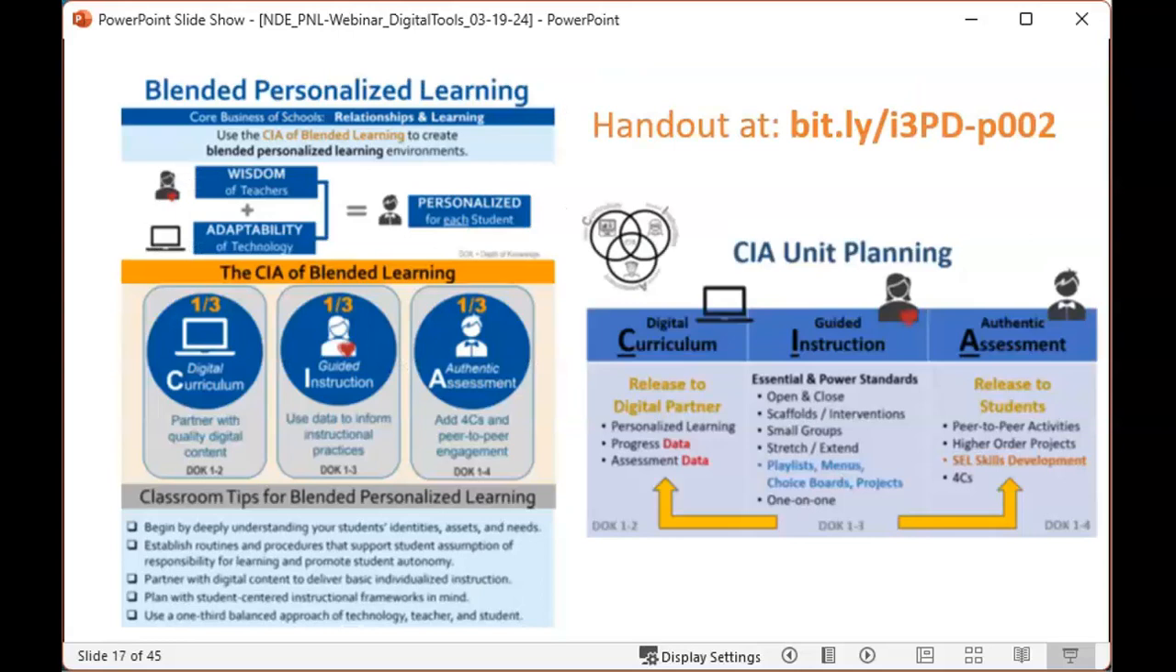Now, I have a handout for you that kind of wraps this up. You'll also find it in the course, so don't feel like you have to pull it out right now. That really goes over the 1/3, 1/3, 1/3. And as we move through this tonight, I want to make sure that we're well aware of how we're balancing